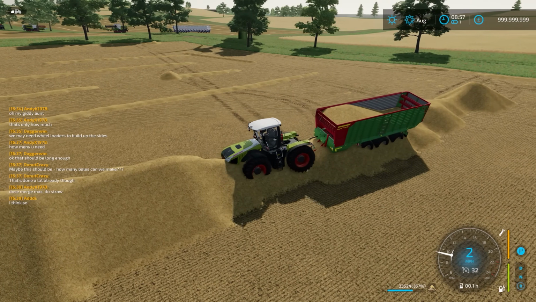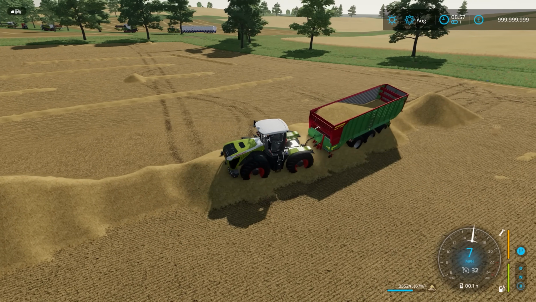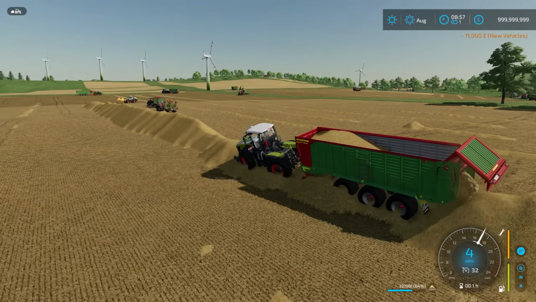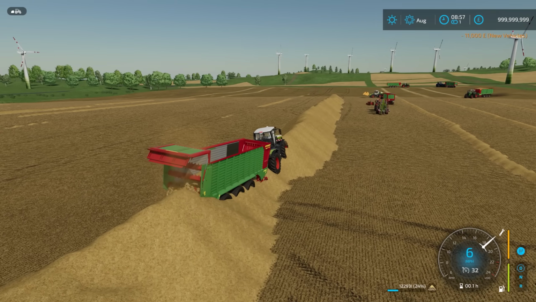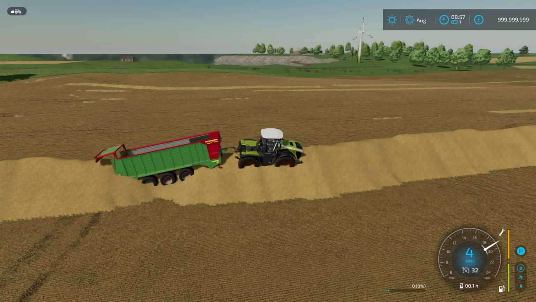Right. Try and keep it all about the same height. We've got wheel loaders to try and maintain the shape, so if it spills out it can be built back up. There we go. Oh, that's brilliant. So it is working,